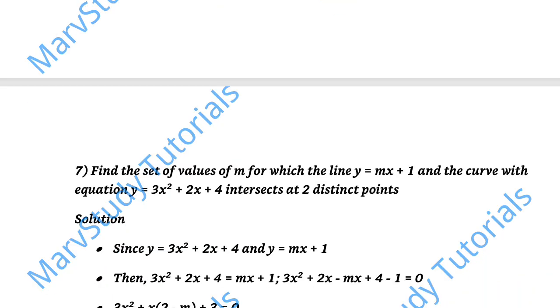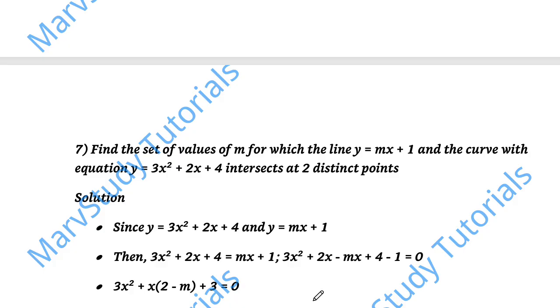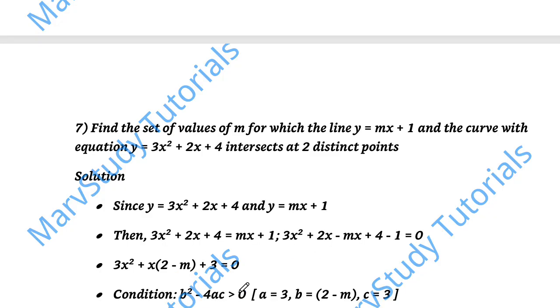And then we have mx to the left becomes negative mx, and 1 to the left becomes negative 1. So we have 3x squared plus 2x minus mx plus 4 minus 1 equal to 0. And then at the end of the day, we have 3x squared plus, we can take out x because x is common to 2x and mx, and then we have x bracket 2 minus m, and 4 minus 1 is positive 3. Then we use our condition, b squared minus 4ac,